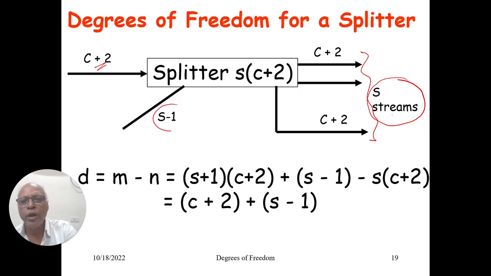What do you mean by these equipment parameters? For example, if one input stream is getting divided into 2, in other words, I am taking S as 2, and there is 10 kg per hour coming into this splitter, how much should go into this stream?